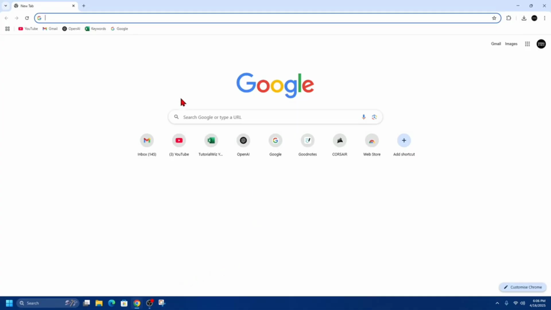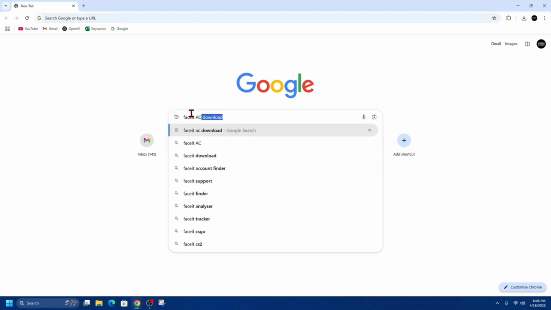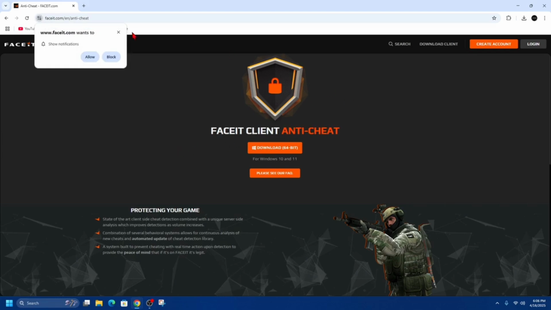Alright, so what we first need to do is go to FACEIT Anti-Cheat. Type in FACEIT Anti-Cheat download or AC download, and here it is here. So click on it, Anti-Cheat from faceit.com. Now once you're on this page, you go ahead and click on the download 64-bit, but if you're running 32-bit,